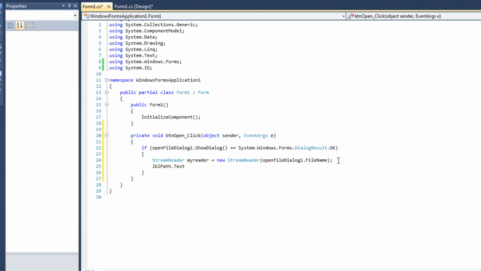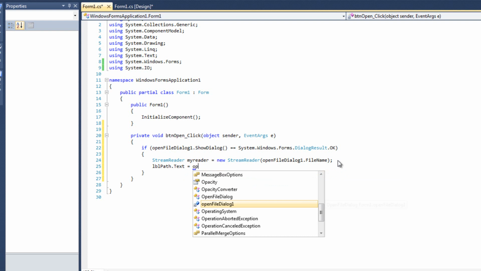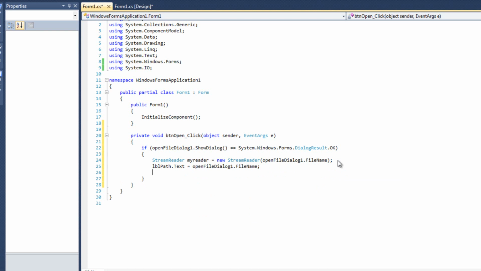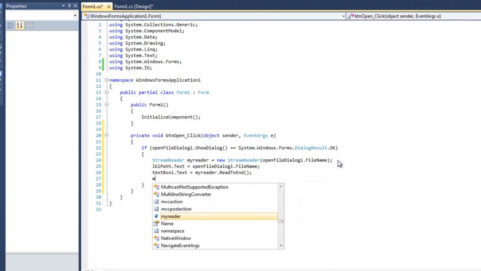We want to output or have it say what the file they opened was. Oops, I almost said my reader. So we're going to use the file name there as well. And then finally, we are going to say textbox1.text equals myreader.ReadToEnd. And then, of course, we have to say